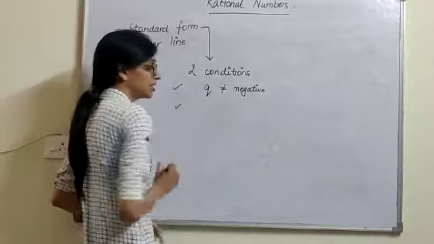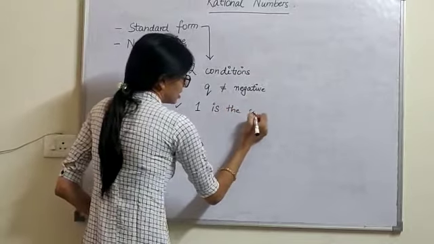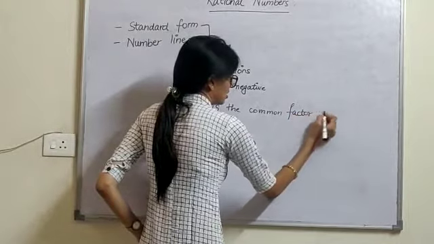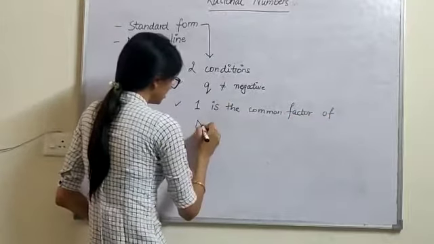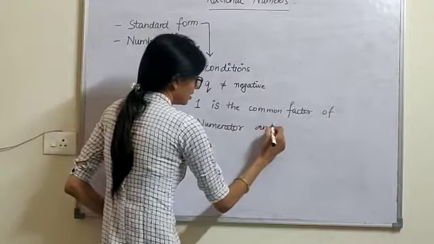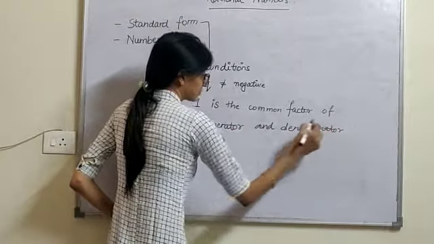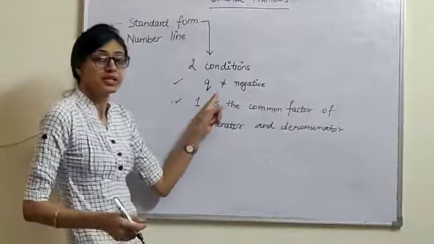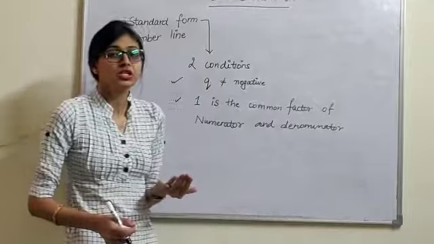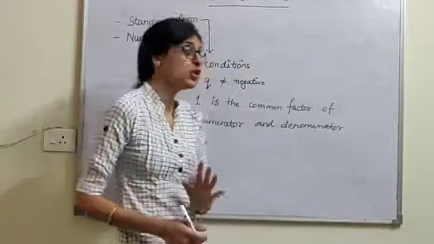The second condition is that 1 is the common factor of numerator and denominator. The first condition is that the denominator should not be negative, and the second condition is 1 should be the